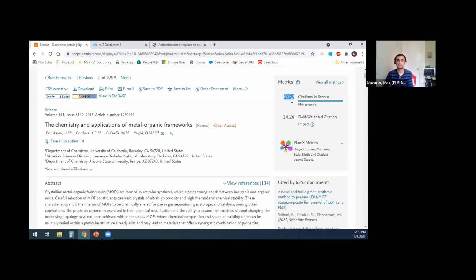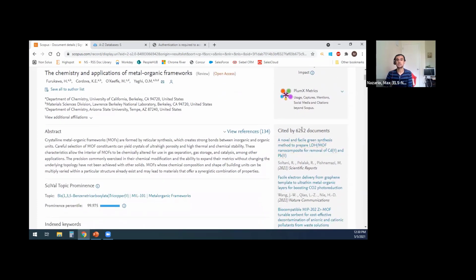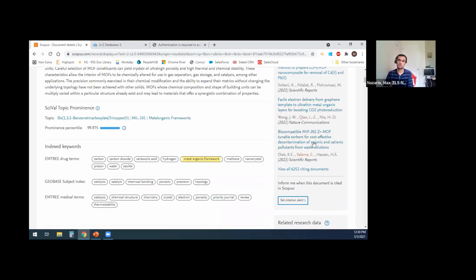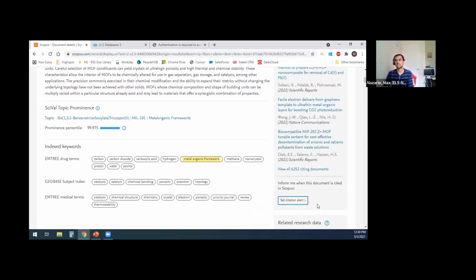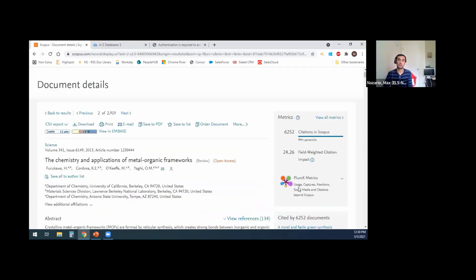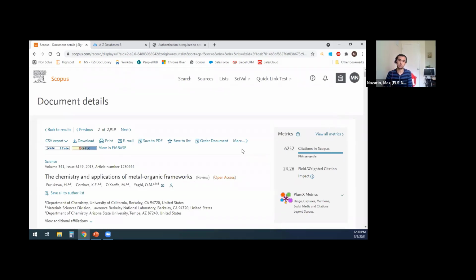So I see this paper, as you can tell, is an extremely impactful, highly cited paper, with over 6,000 citations that have been picked up in Scopus. And scrolling down, you can see those documents that are citing this paper. If this is your paper and you want to keep tabs on the citations of your documents, you can also set alerts as well as save searches. But just as a word of caution, you will want to make sure that you are signed into Scopus in order to get access to all of those features, including saving searches, saving lists, and creating